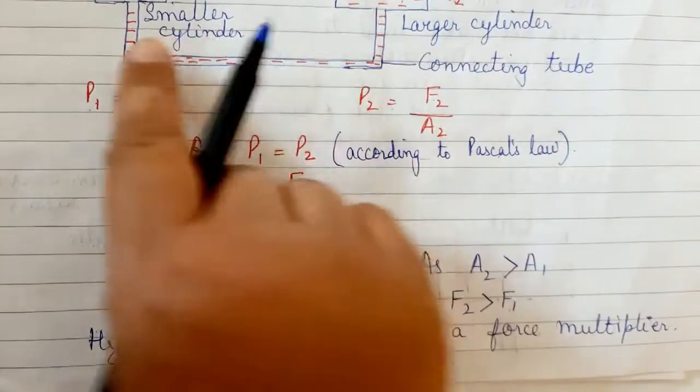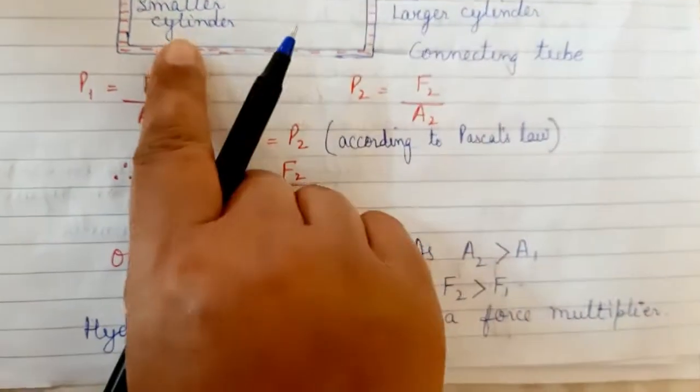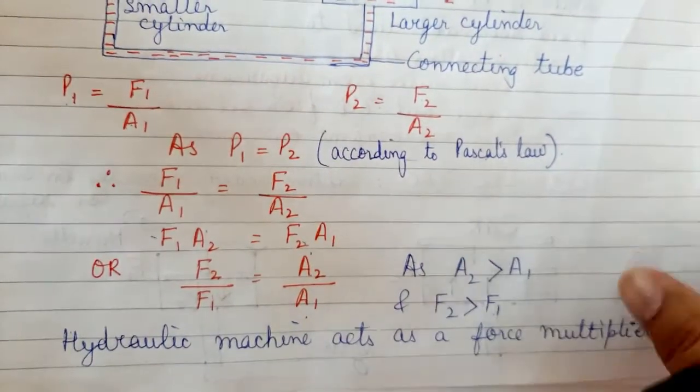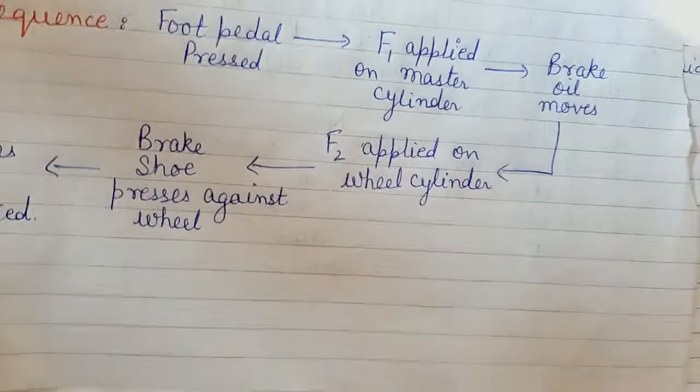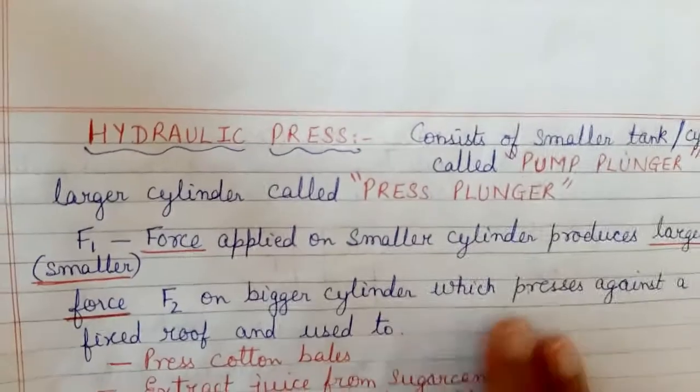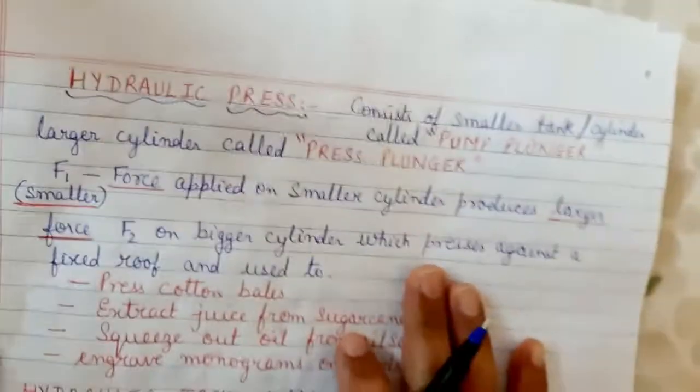So therefore it actually multiplies the force which is being applied by us. Therefore all hydraulic machines are called force multipliers. Okay, now we move on to the explanation of the first type of hydraulic machine, and that is known as